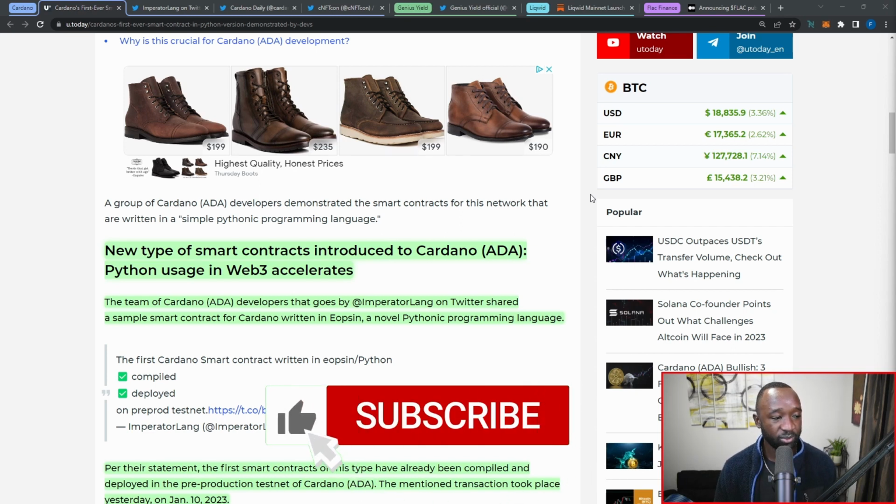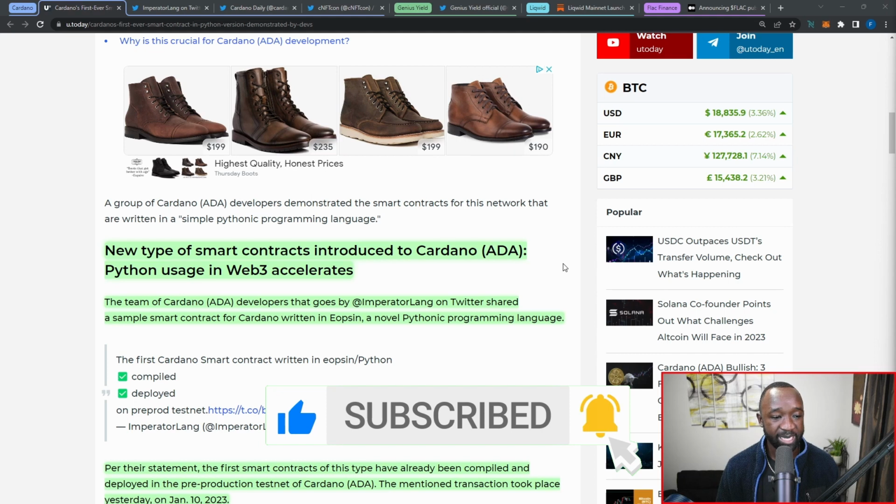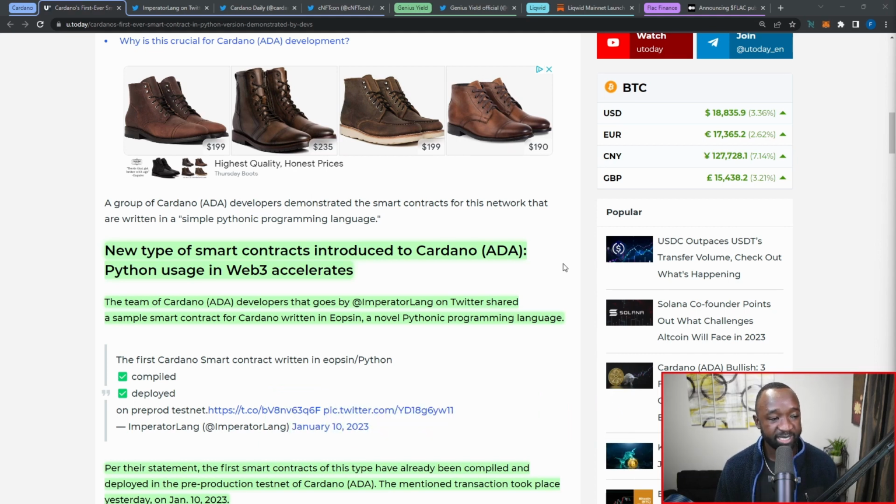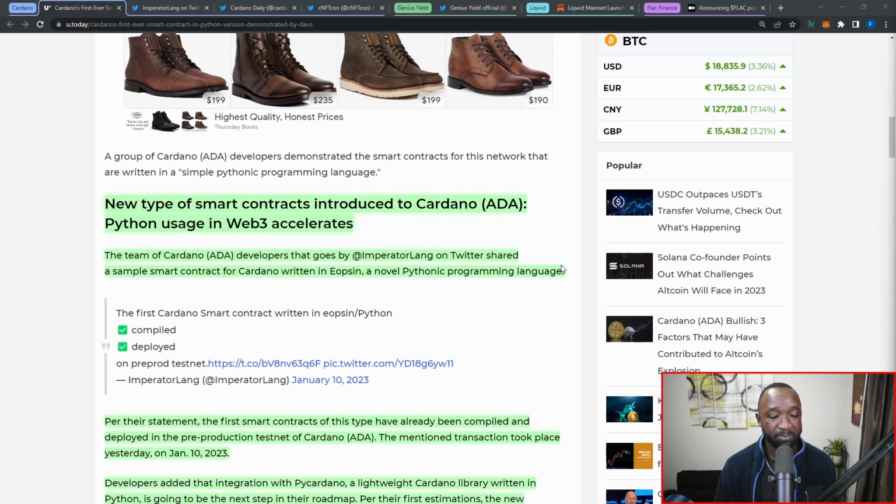So as it states here, the team of Cardano ADA developers that go by Imperator Lang on Twitter shared a sample smart contract for Cardano written in Epson, a novel Pythonic programming language. Now, I actually took a Python programming class as a part of my introduction into computer science back in my college days, and I think that generally speaking, Python is widely accepted as a beginner or introductory language into computer science.